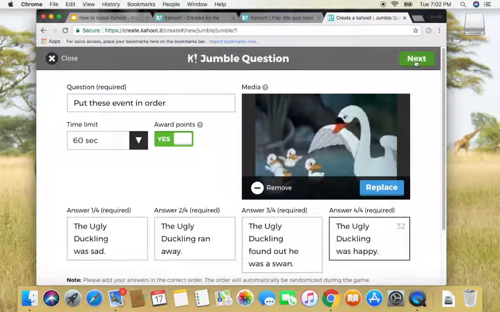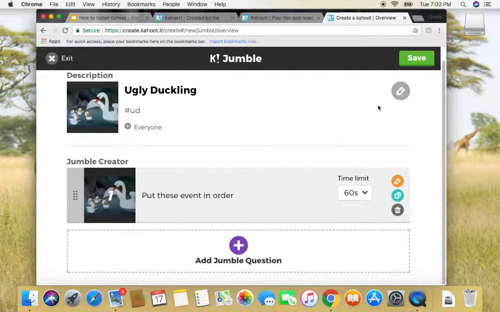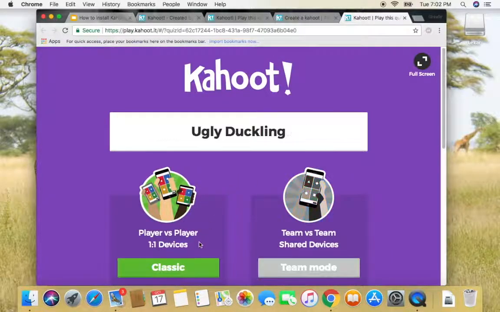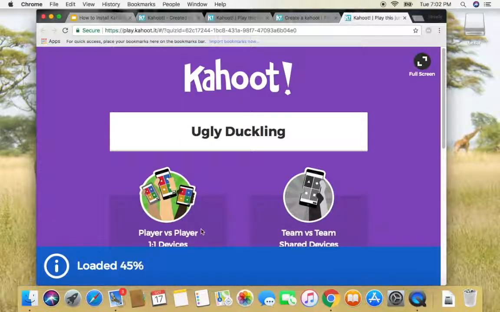And then you hit next. You can hit save. Once again, you can say I'm done. You go back to the initial page, or you can go ahead and play it. Once again, you decide if you want classic, player on player, or team versus team. It looks like in this case they haven't set team versus team yet, so it's going to have to be